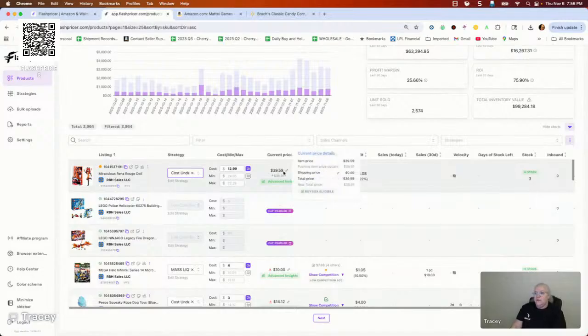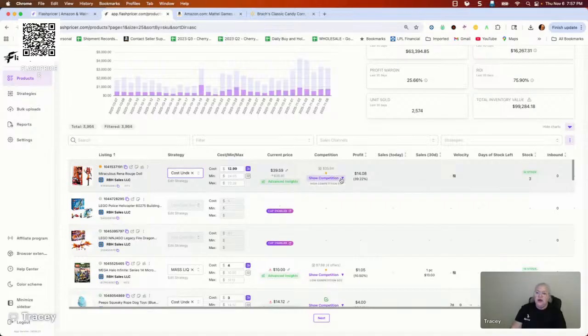Next, we see what is the current price on Walmart. So my current price is $39.59. And then you see this little arrow underneath that says $35.91. That means the next repricing, it's going to bring the price down. So it's trying to find that buy box for me. So that $35.91 is where the price is moving to, which is also very nice. I can look at my competition. So you can see $35.94 is who has the buy box right now. That's why it's pushing this price of $35.91 because it's trying to come in and grab that buy box from